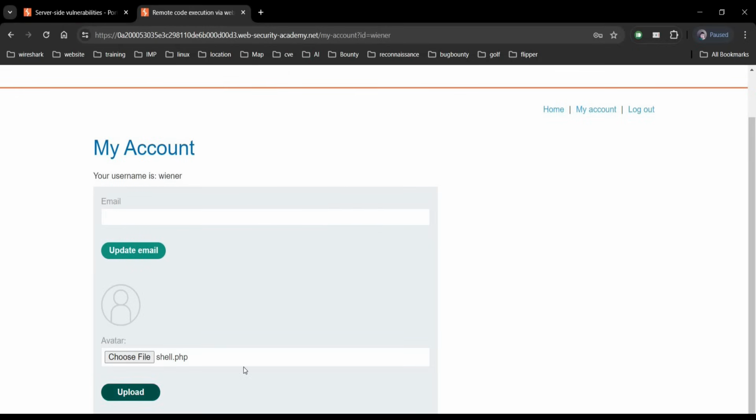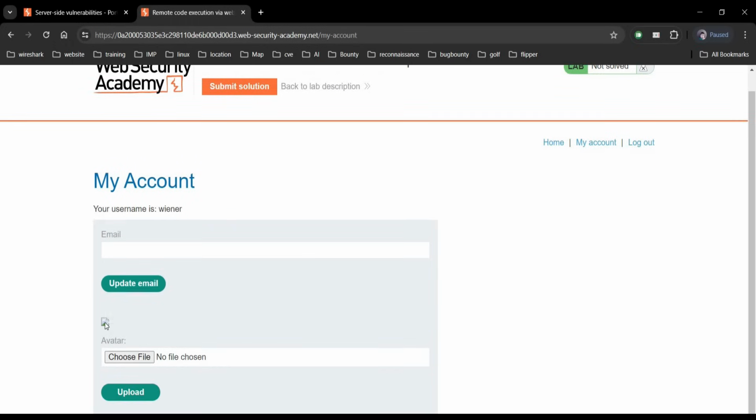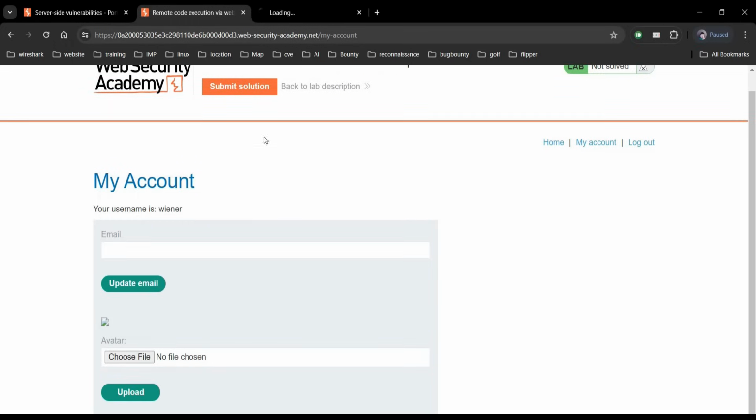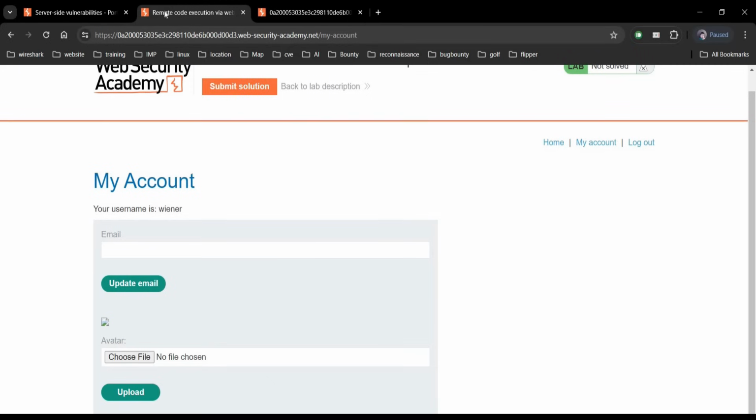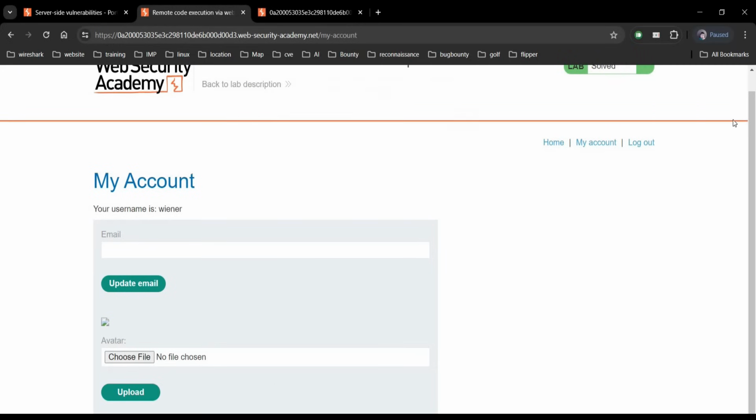Click on upload. The file has been successfully uploaded. Click on back to my account. Right click on the file and open image in a new tab. Go to the tab, copy the flag, get back to the challenge page, submit solution, paste the flag, click on OK,